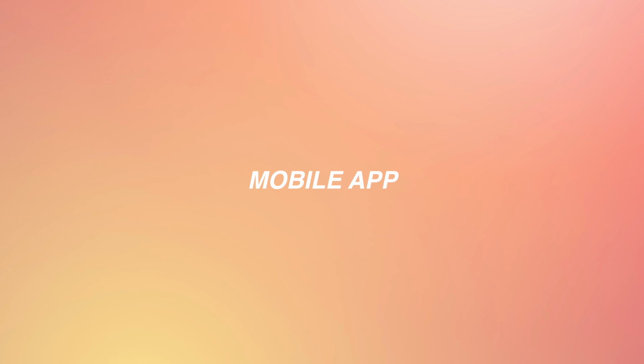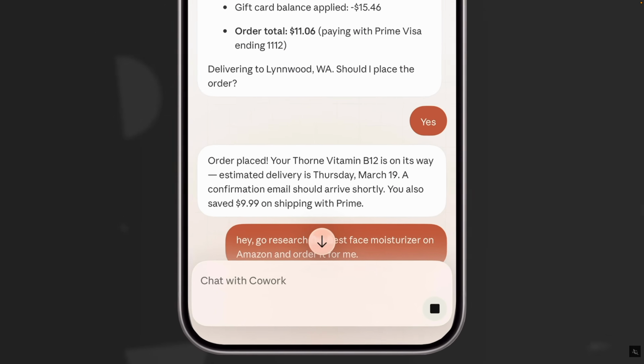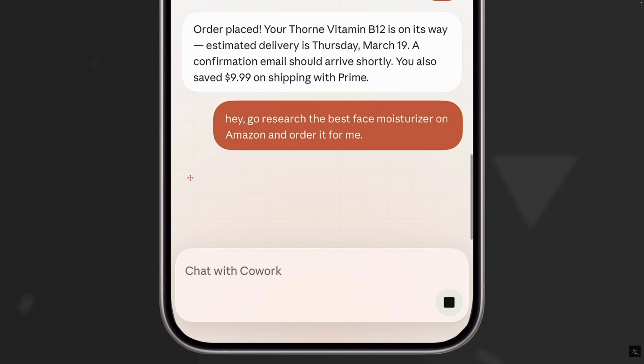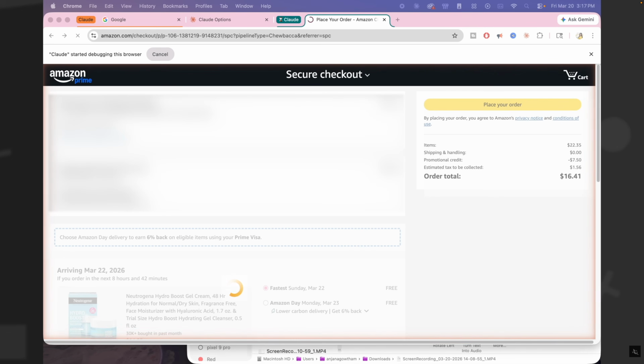Now let's move on to Claude's mobile app. You may already know that you can use Claude Mobile for regular AI conversations. The feature that makes the mobile app much more interesting is Dispatch. Dispatch turns your phone into a remote control for Claude desktop. You can start a task from your phone, but Claude completes that task using the files, folders, browser, connectors, and